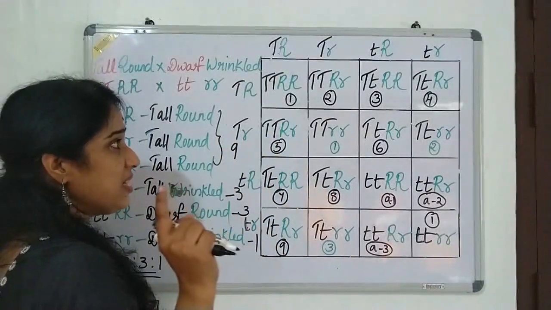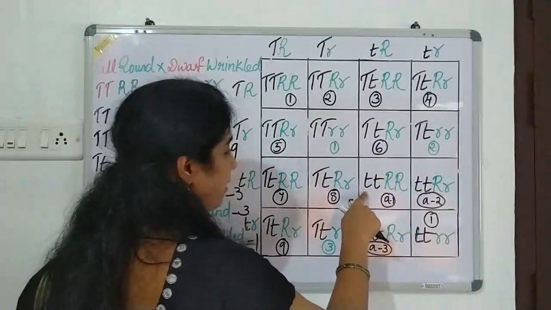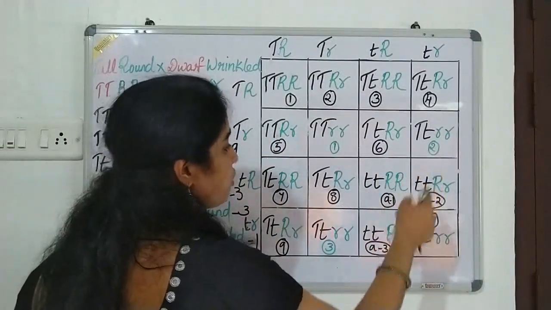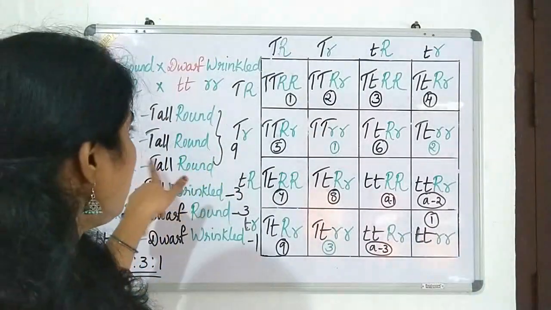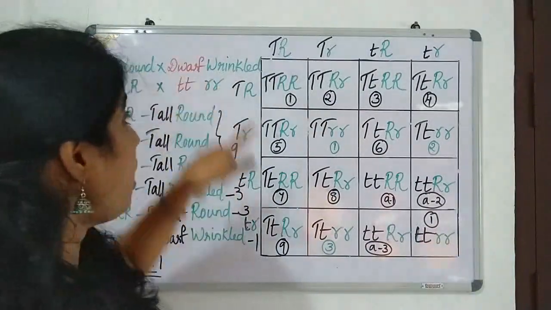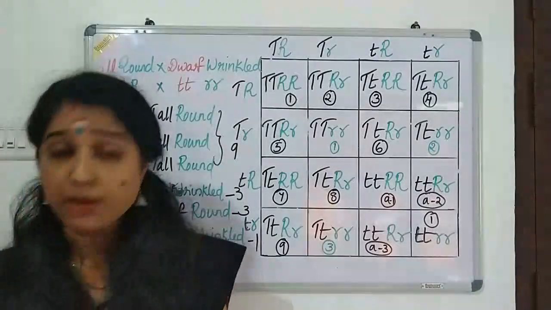But for wrinkled and dwarf, only 1 condition. If 2 small t should be there, then only it should be what? Dwarf. If small r's are there, then only it should be what? Wrinkled. So, after crossing the tall, round and dwarf, wrinkled, next we are moving on to the very, very important